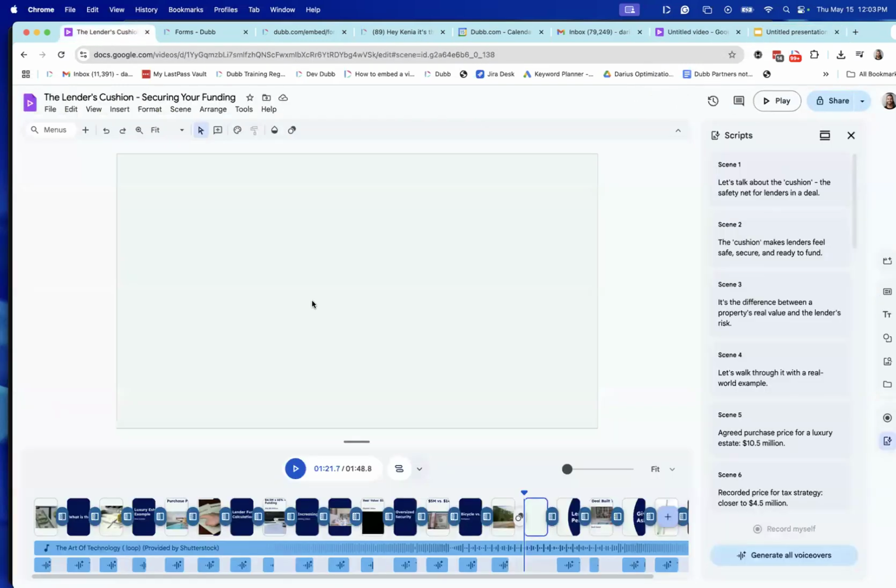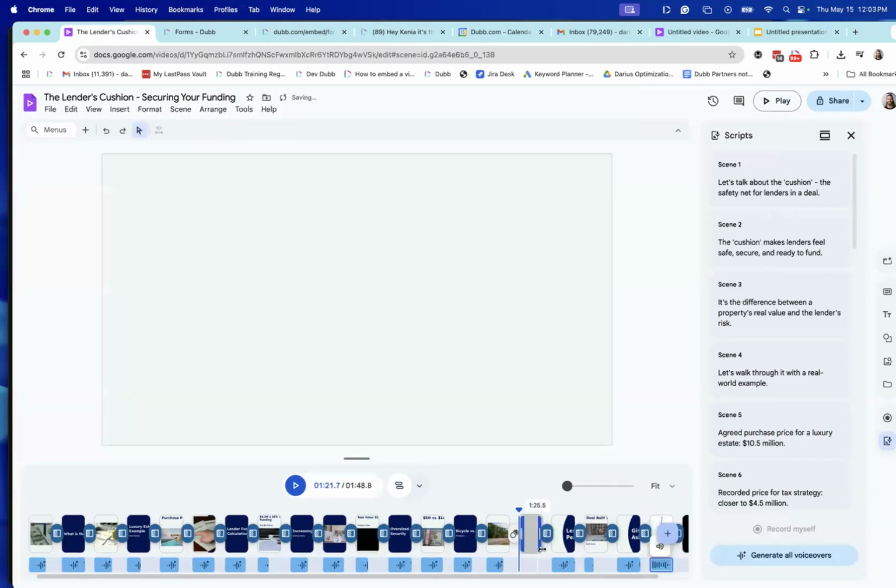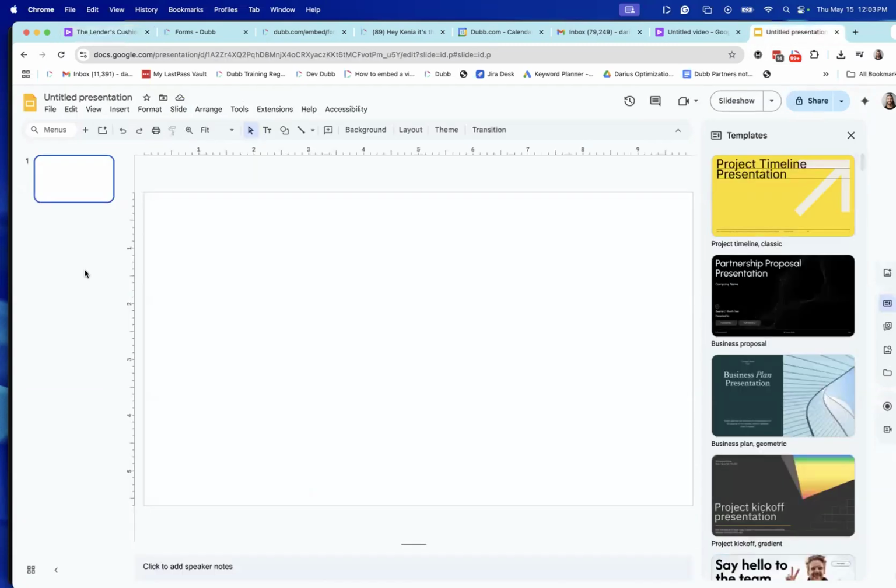And then of course, guys, you can also remove the voiceover here. You can just delete the audio track that it's provided, boom. And now I can use just the visuals that it created, and I can speak over it, right? I can record my screen and talk my own voice over the visuals that it provided for me. So if you guys are like me and you hate to build out slideshows, like that's something I always have tried to delegate.